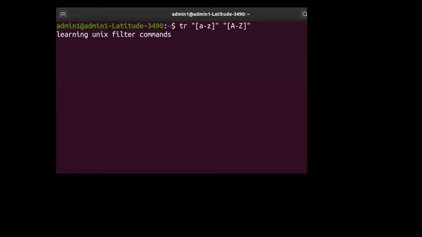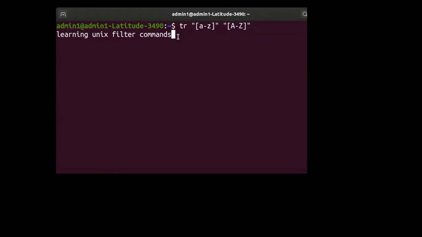I have typed: learning Unix filter commands. So this input is given to the tr command through the standard input device. Be careful, this is a common question asked in Unix interviews. Now the moment I press the enter key, in this line, learning Unix filter commands, every occurrence of lowercase a to z will be converted into the equivalent uppercase A to Z. Lowercase a gets converted to uppercase A, lowercase b to uppercase B, and so on.